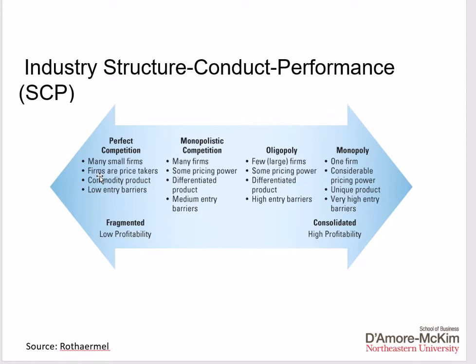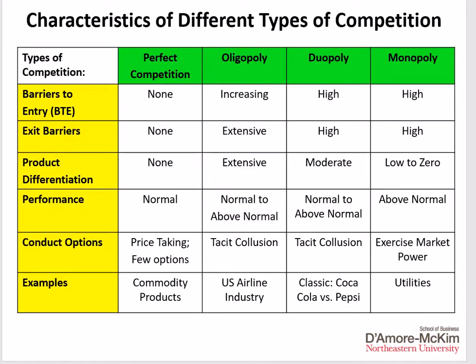Now, in reality, and particularly in developed markets and developed economies, most of the industry structure is going to fall in the middle there, either monopolistic competition or oligopoly, where we have a number of firms with some degree of pricing power, and we do have some differentiated product. And what's different between the two forms is really the height of the entry barriers. Now, the industry structure has important implications for the nature of competition across the industry and also some of the behavior of firms. This chart dives a little deeper into the nature of industry structure and its implications for various